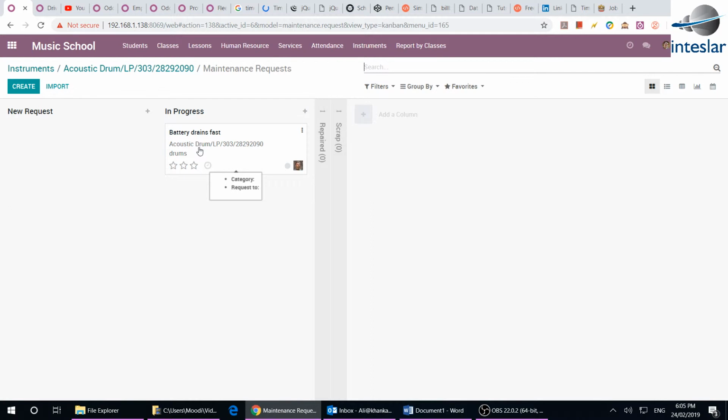You can see all of the instruments here. You can also see it in a tree view. And now let's look at reporting. Here we can have a report of attendance. Let's select beginning of the month until end for both started and completed lessons. And let's select all of the classes. If we click on print, now we can see this nice report that shows me all the classes, like piano,